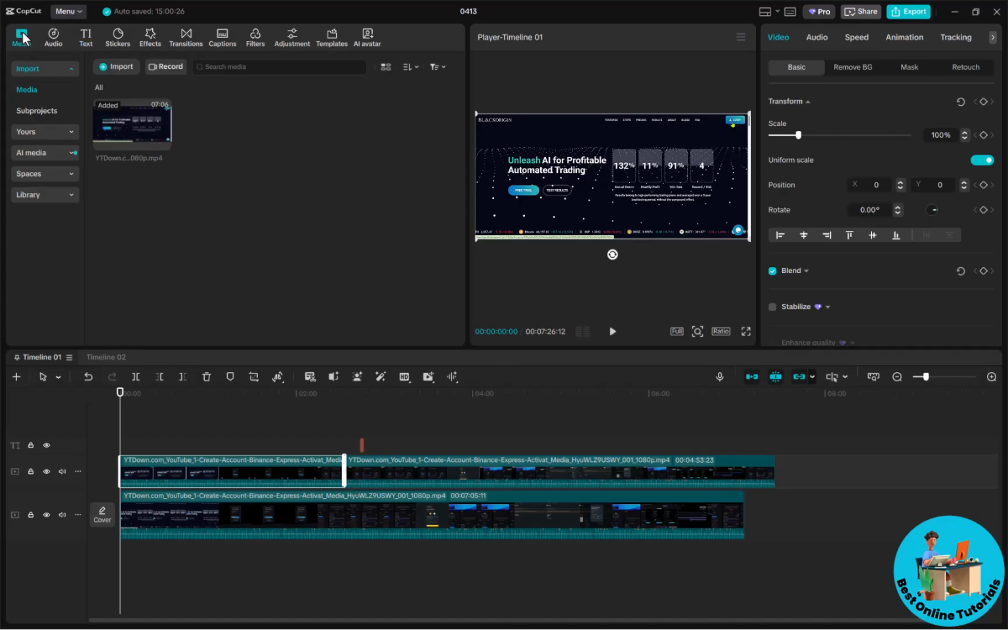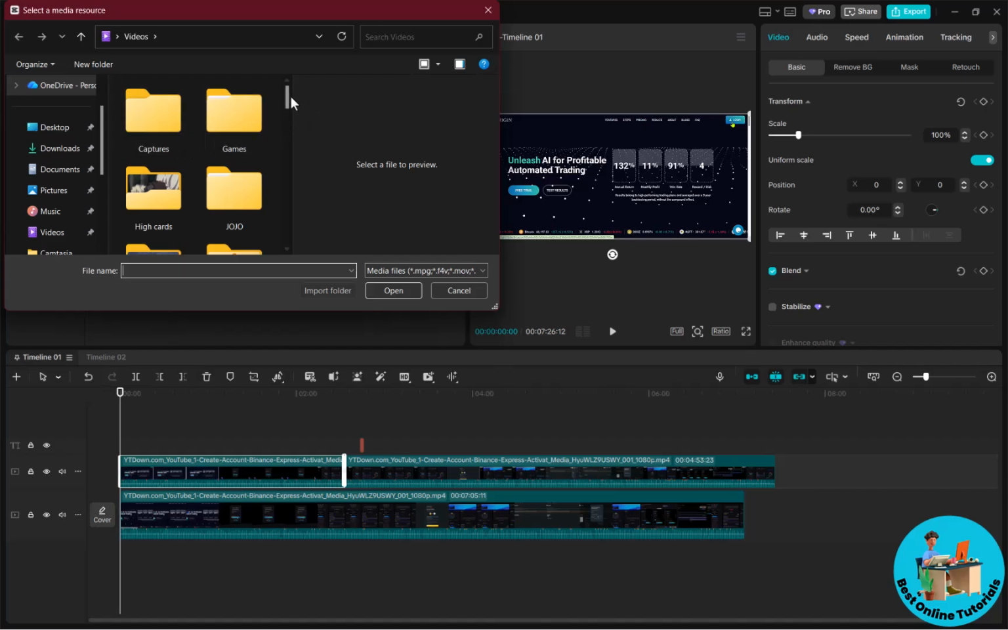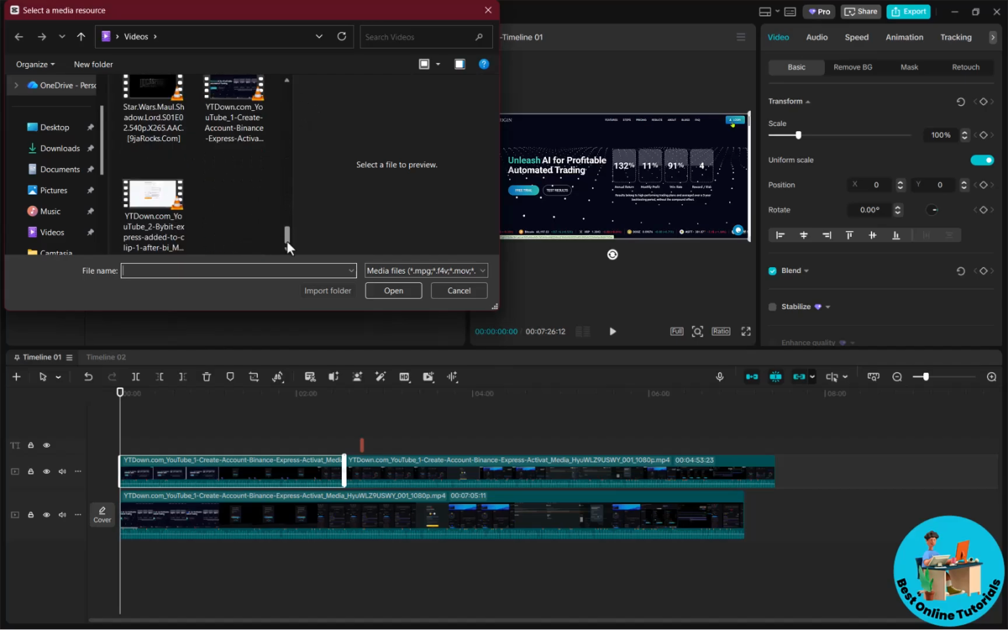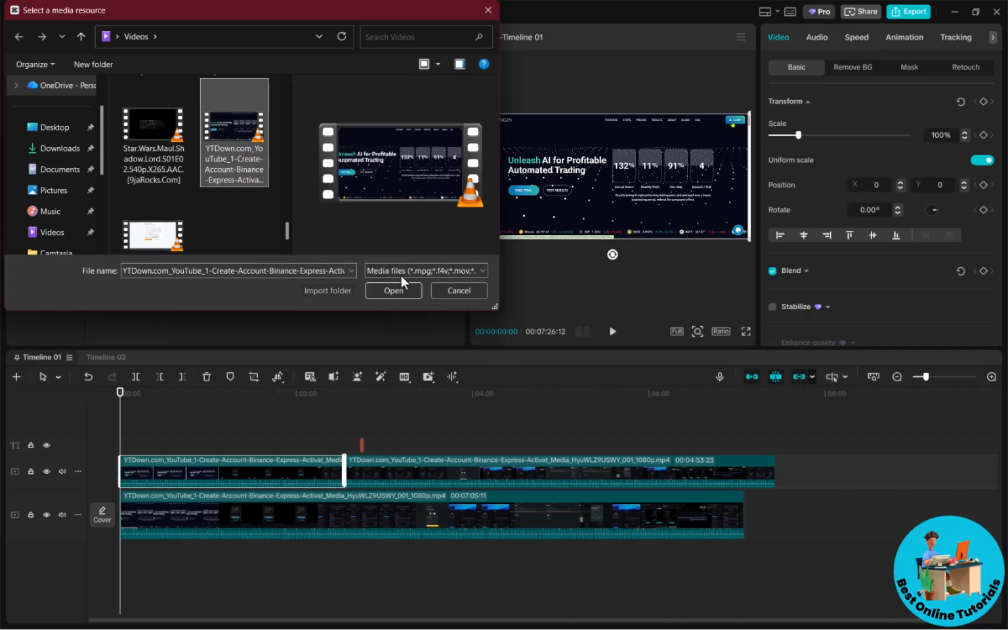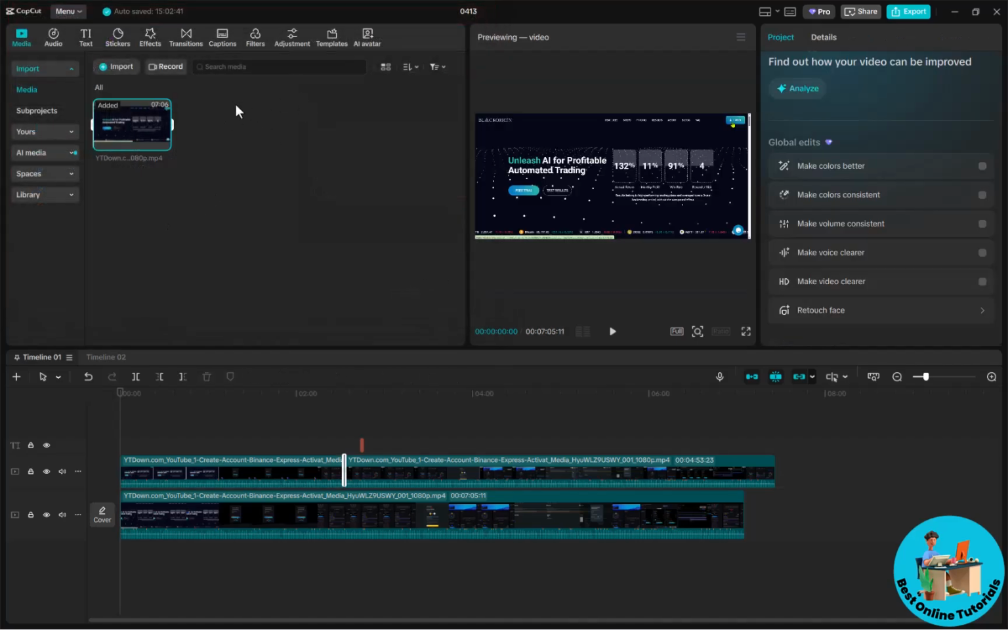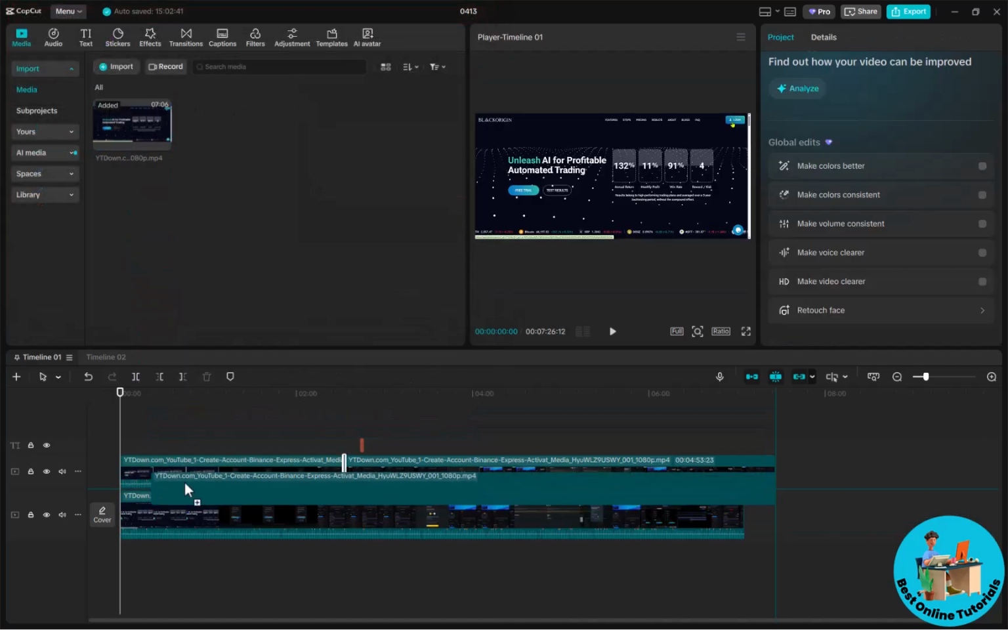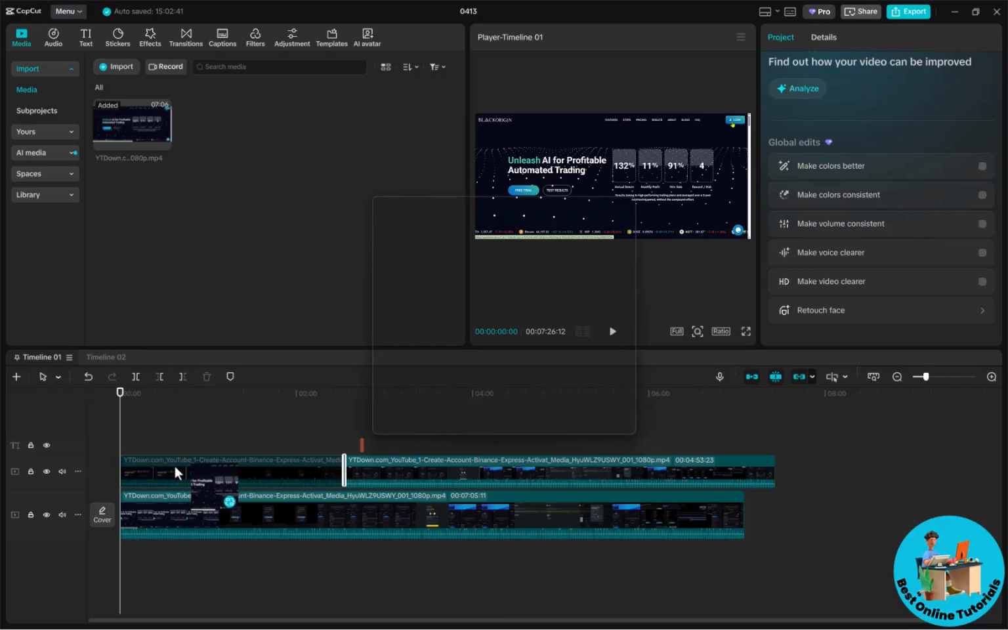So once you've opened up CapCut, head over to media. Once you're on here, click on import and then go ahead and select the media you'd like to import. So once you found the media, go ahead and click on it and click on open. Now once you've opened this media, go ahead and drag it onto your timeline and simply place it in your